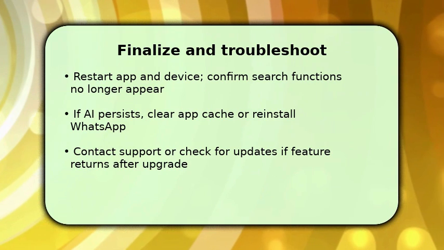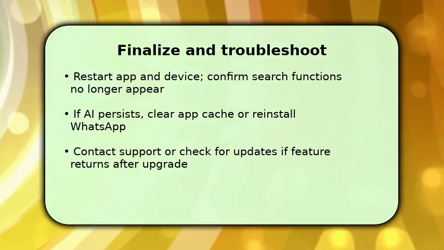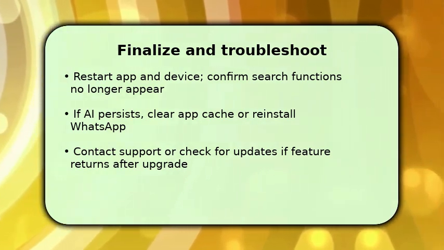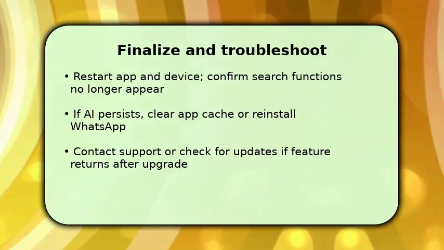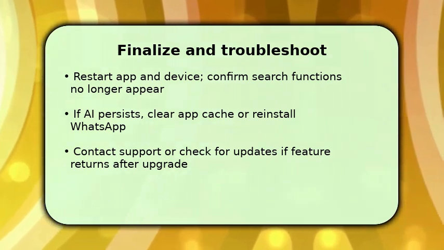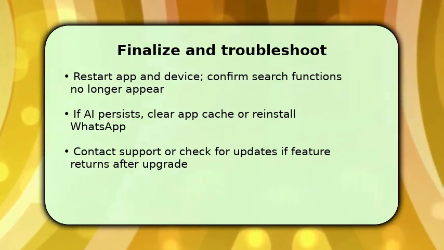If required, reinstall the app after backing up again. If the AI returns after an update, make sure to toggle settings immediately and contact WhatsApp support. One key troubleshooting tip: a cached update can